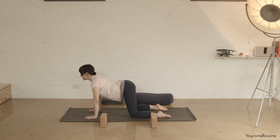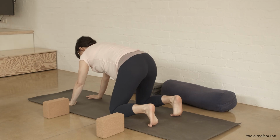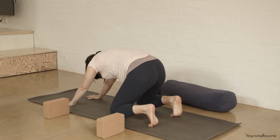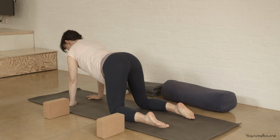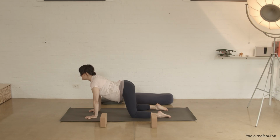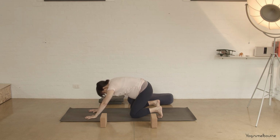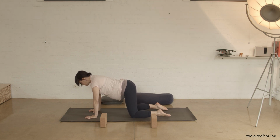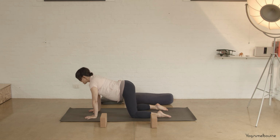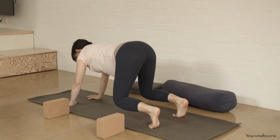sternum reaching forward, eyes lifting up, and then exhale, tuck the toes under, C-curve through the spine, rocking back a little bit, and then again, tops of the feet down, inhaling, and then exhaling, rocking back, pressing the middle and the lower part of the spine up towards the ceiling, and then let's release back to center, tops of the feet down for a moment, and then tuck the toes under again, and we're coming up into our down facing dog, lifting